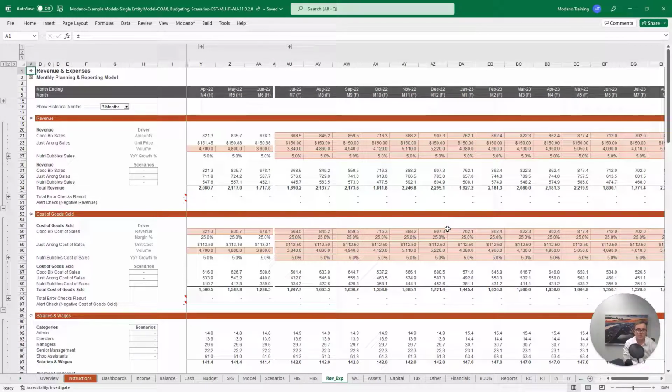If we look at December 22, for example, we're currently pulling through our 907.3 of revenue being forecast. If we increase our revenue for December 22 for Cocoa Bix sales to 1,000 by entering our forecast assumption here, you will also see that our associated cost of sales has increased too. Applying a profit margin takes our revenue and says 25% of this is profit, therefore 75% of that is cost, or the cost of those goods sold. A profit margin of 25% or a cost base of 75% of that revenue means that $750 is our cost